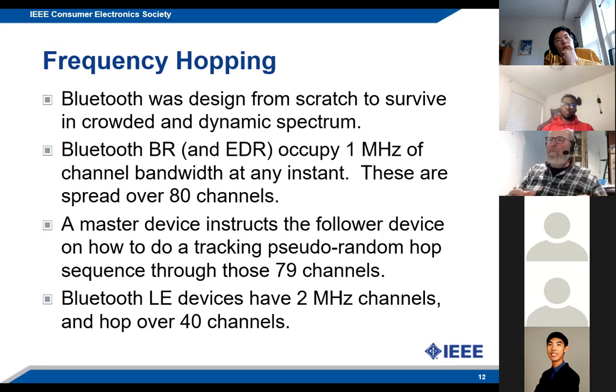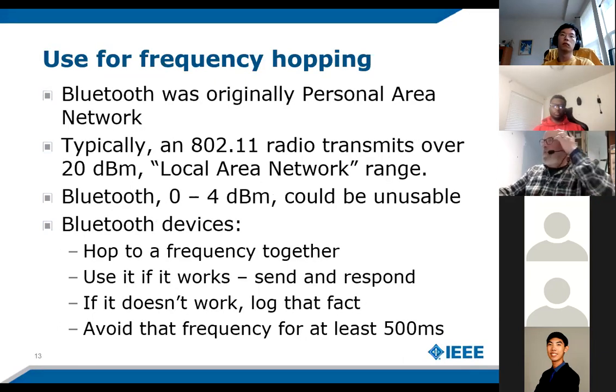So for adaptive frequency hopping, if they have trouble with a channel, they'll avoid using it for half a second, for 400 hops. They'll leave it alone. They might try it again after 400 hops to see if it's still working or not. If it isn't working, they'll keep not using it, and if it starts working, they'll use it again. So that's a preview.